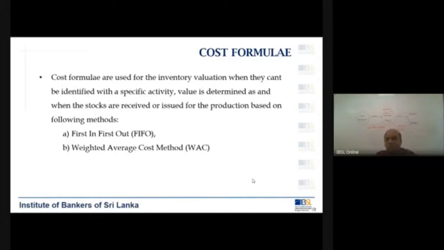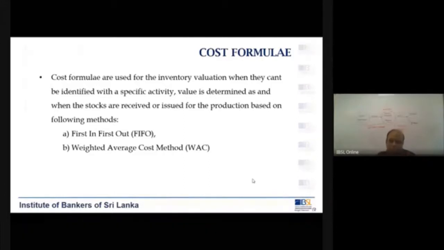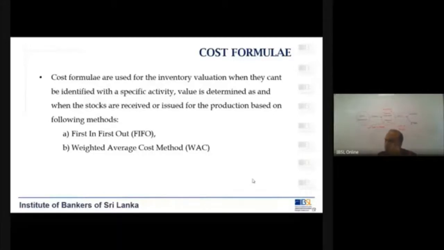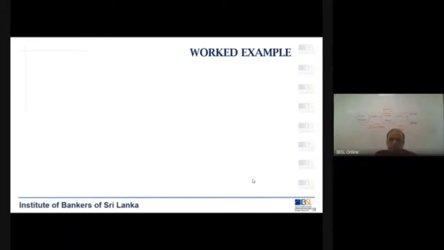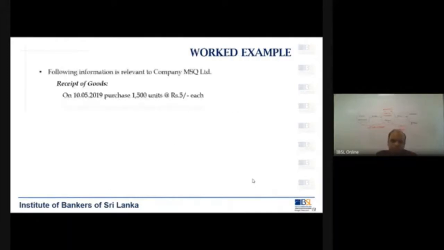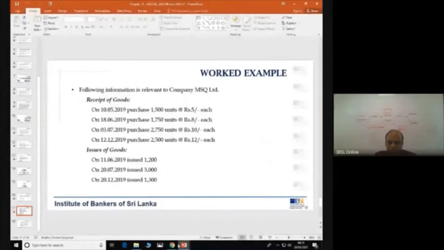There are two methods that we apply. One is known as first in, first out. The second method, weighted average cost method. So we have two methods basically, first in, first out, and weighted average cost method. But in the real business world, there are so many other methods that they use. For example, there could be last in, first out also. So let's understand what this is, and then you have a question given there. Let's look at it subsequently, right?